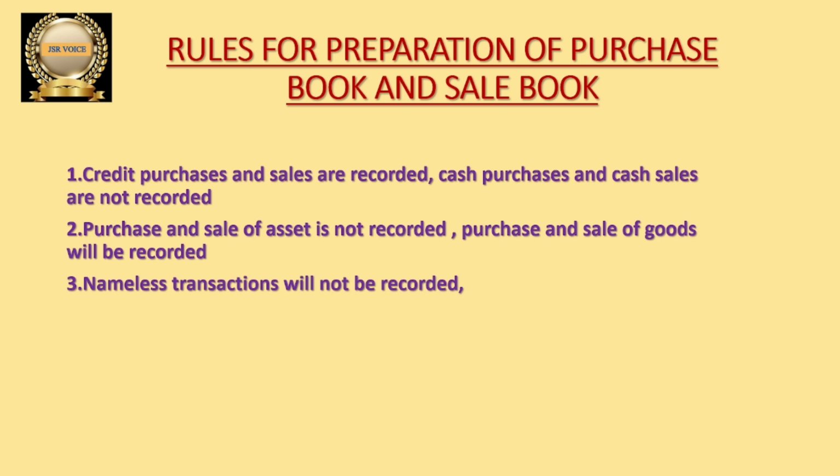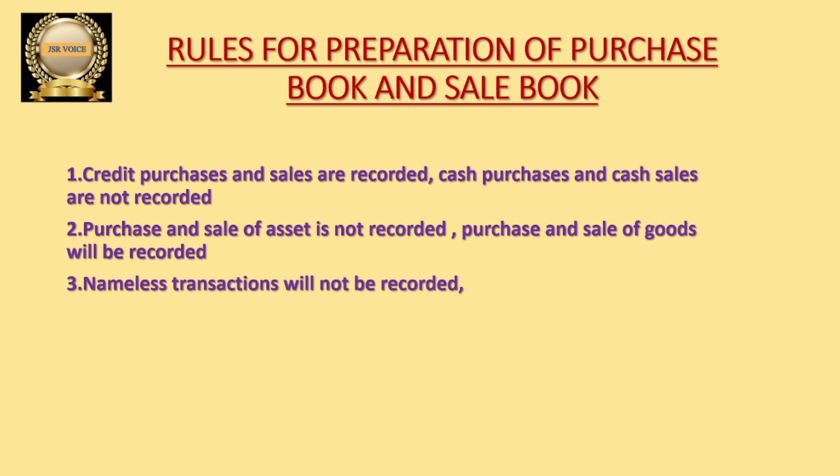First one is credit purchases and sales are recorded. Cash purchases and cash sales are not recorded. I already mentioned this point at the start of the class. In the purchase book and sales book, only credit purchases and credit sales are recorded. Cash sales and cash purchases, we should not write here in the purchase book and sales book. And next one